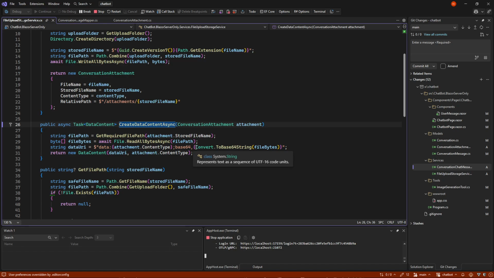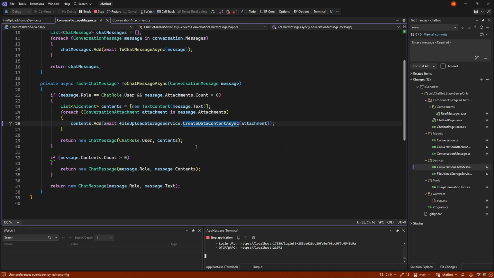So the base64 still happens, but only up against the LLM, not inside our conversations. Because in essence, whenever we do this, it is very simple, because we just need to give AI content to the LLM, and that's the only thing we do whenever we send one of these.